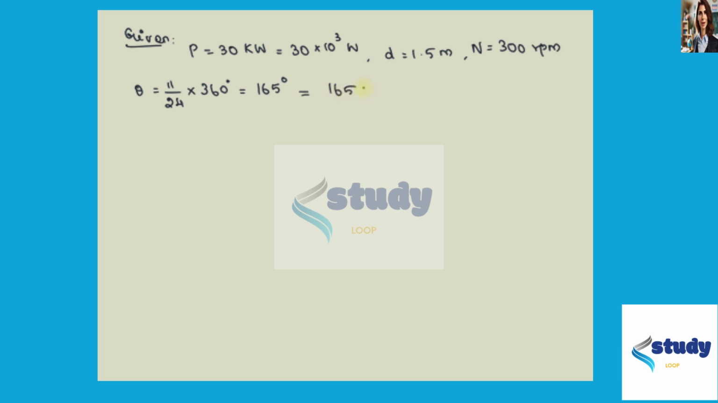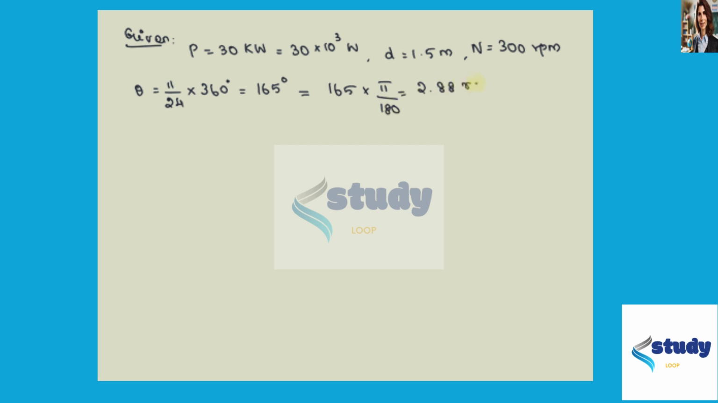Given that the power is 30 kilowatt, which is equal to 30 into 10 power 3 watt, and the diameter is 1.5 meter and the speed is 300 rpm. The angle of contact theta is 11 by 24. So converting it into degrees, this will give 165 degree. So this will be equal to 165 into pi by 180. This will give